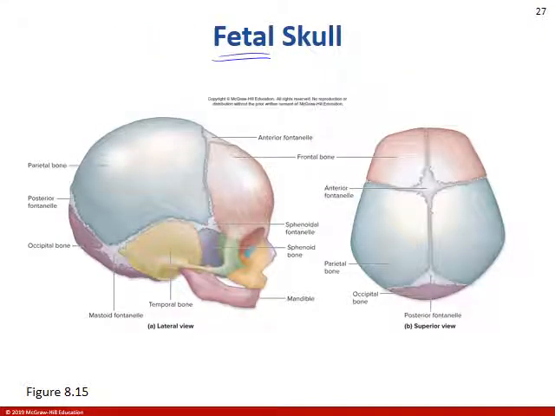The fetal skull is a little bit different than an adolescent or adult skull in that they have fontanelles. You can see the four of them here: the mastoid, the posterior, the anterior, and the sphenoidal. You can imagine how having this softer tissue, this more cartilage-like tissue, would allow for the skull to be compressed a little bit as it's making its way out of the vaginal canal. Usually when children are born, the anterior fontanelle has not completely closed yet. Usually these have closed. So this is why you have to be careful with the baby's head, especially when they're